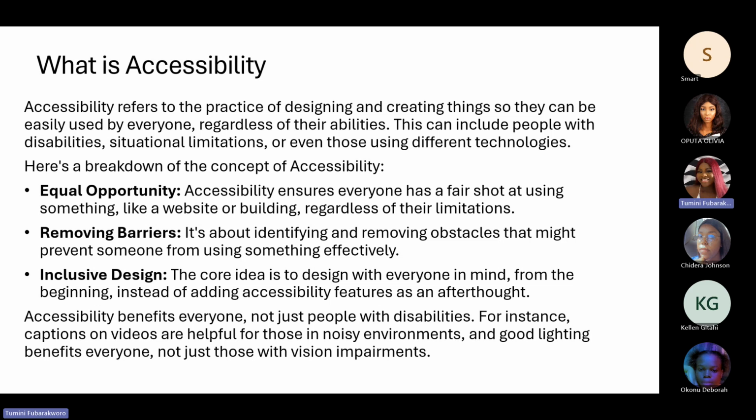So here's a breakdown of the concept of accessibility. Accessibility gives equal opportunity. Accessibility ensures everyone has a fair shot at using something. If you're going to design an app, if you're going to build